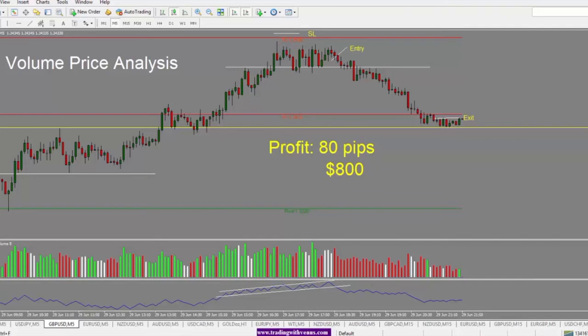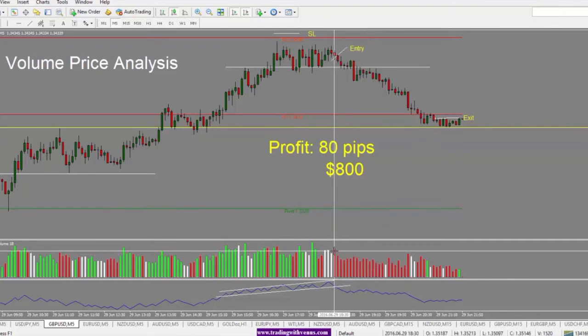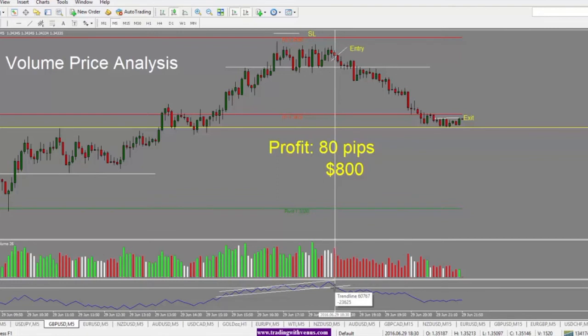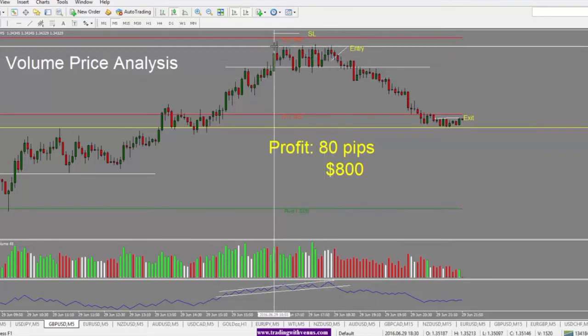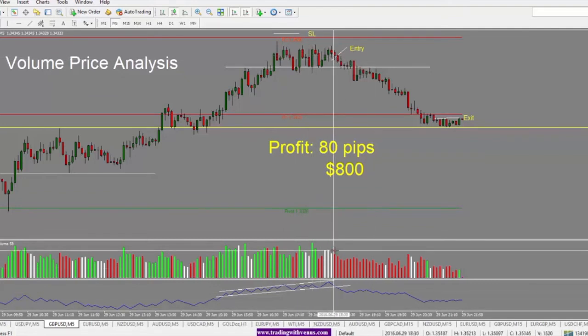And finally, when you take a look at this red candle here, second red candle here, and we have here the volume bar, which is quite high. And as you can see, the price actually broke through this channel here on the on balance volume. So what that means is that we actually had a red candle, which is good. The price wasn't able to break through this level here, 35.26 level. And then we got red candles here. Price was going sideways. And then we have a very